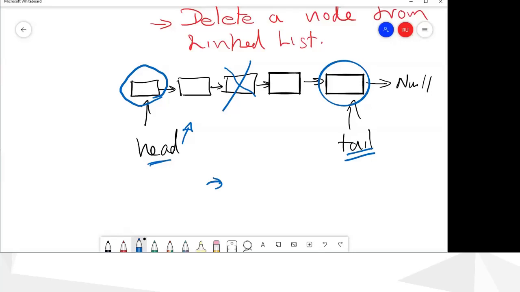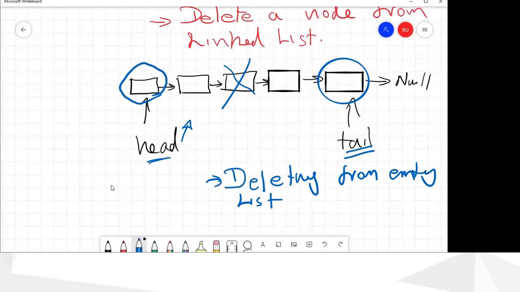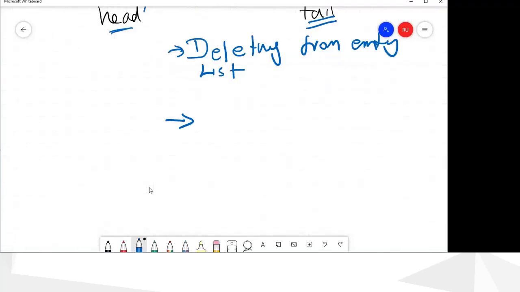So there are 4 cases actually. The first one is deleting from an empty list. You have to check this, because someone can try to delete from a list where there are no elements.